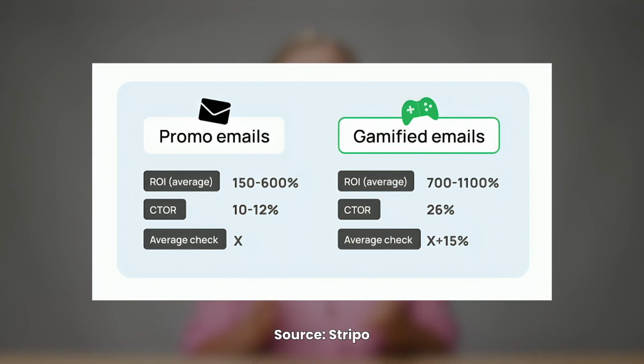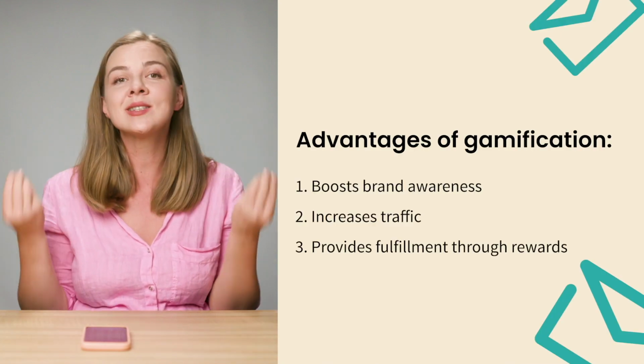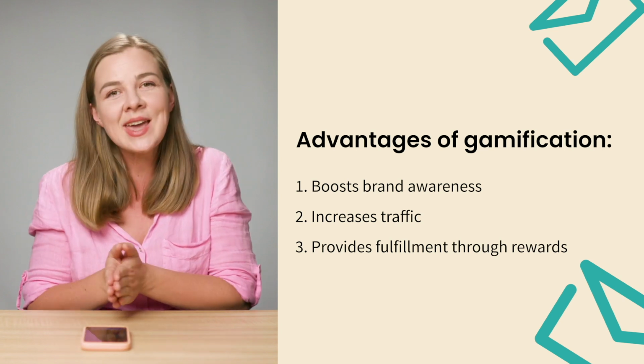For e-commerce, email gamification more than doubles the click-to-open rate from 12% to 26%. Additionally, the average check increases by 15%, leading to a rise in ROI by 300%. As email fatigue continues to be a prevalent issue, brands are seeking innovative design trends to combat monotony. That's why we predict gamification to emerge as a dominant email design trend in the upcoming year or years. It boosts brand awareness, it draws in more traffic, it offers a sense of fulfillment through rewards,